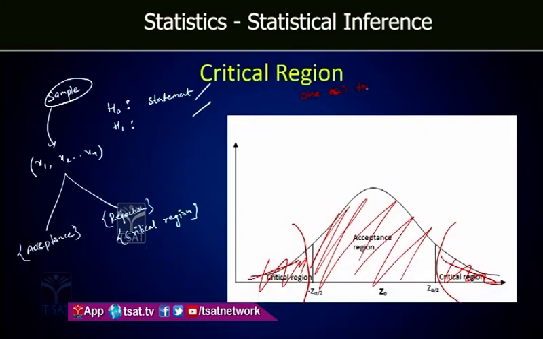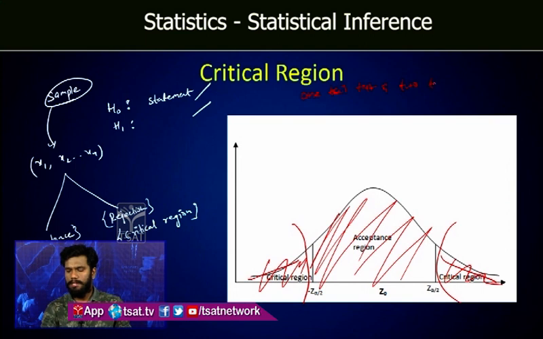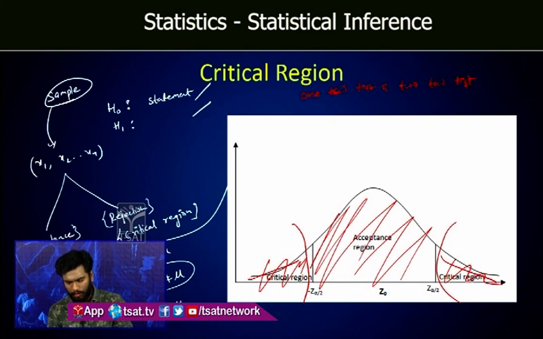One tail test and two tail test. So in this one tail test and two tail test, let's consider the null hypothesis, where x bar is equal to mu, that's a simple hypothesis, and my alternate hypothesis will be x bar which is not equal to mu. So when I say that x bar is not equal to mu, x bar may be greater than mu, or x bar may be less than mu. So there are two possible cases. Then this is a two-tailed test because